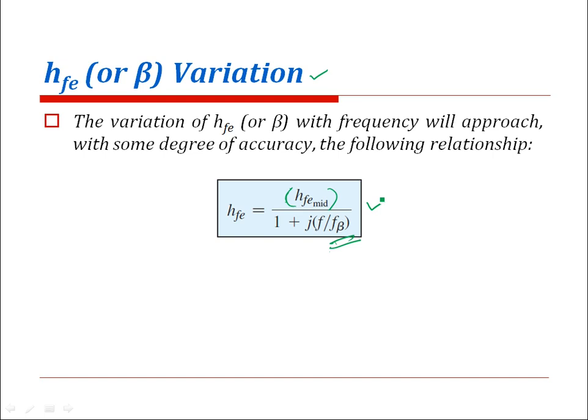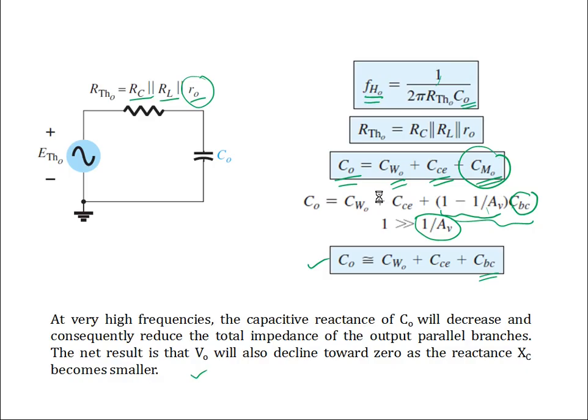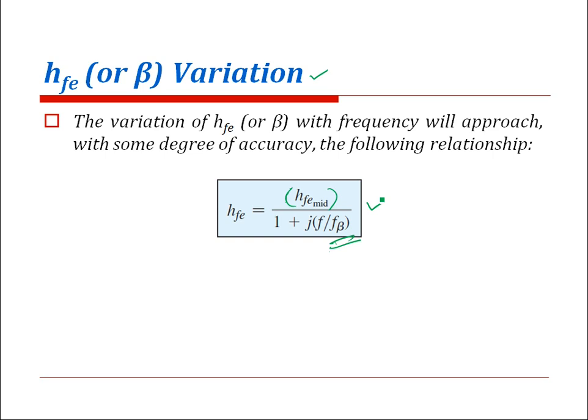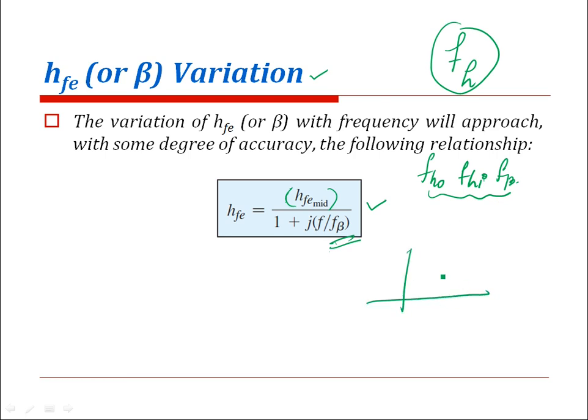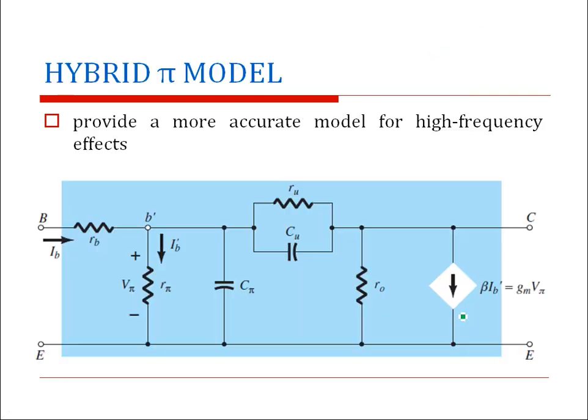We just have to conclude here that the frequencies which we derived, FH0, FHI, all these frequencies are independently analyzed, and this F beta is also seen here, and these are finally contributing to the higher cutoff frequency FH in such a manner that you will consider the lowest among these, that is FH0, FHI, then F beta. Whichever is the smallest among these will be defining the higher cutoff frequency of the common emitter amplifier which we are considering.